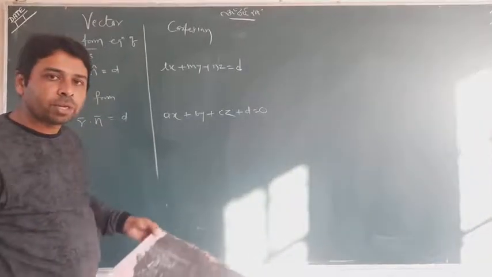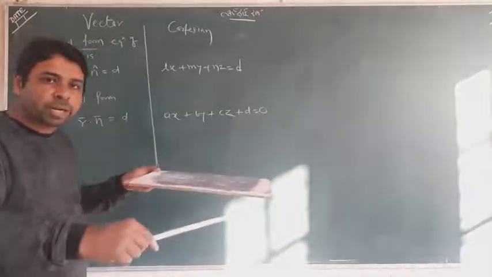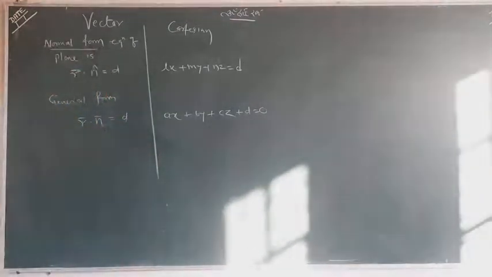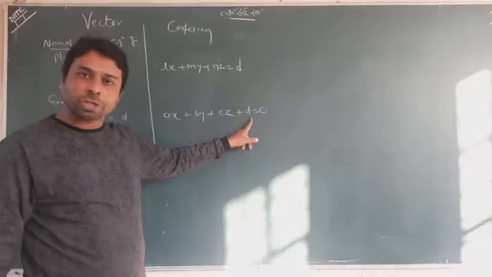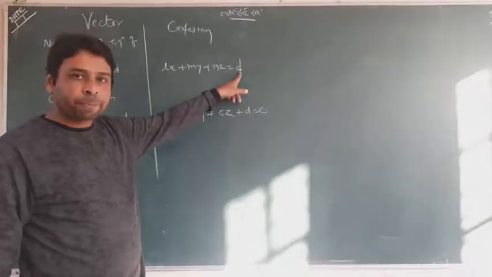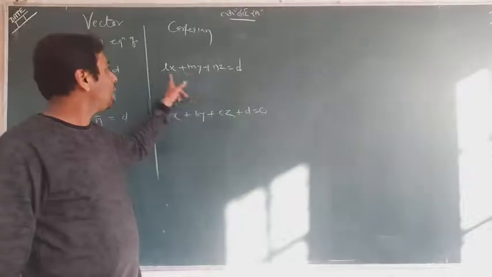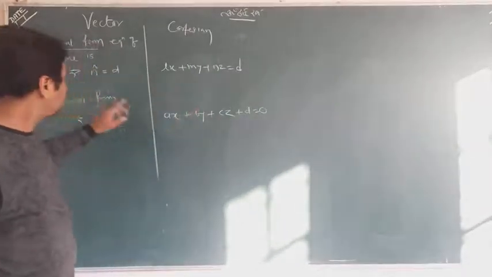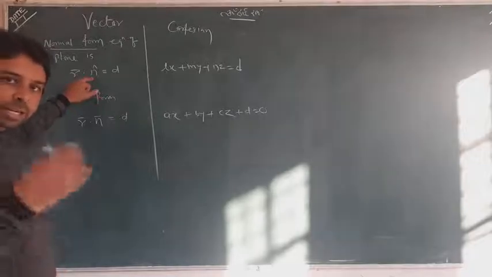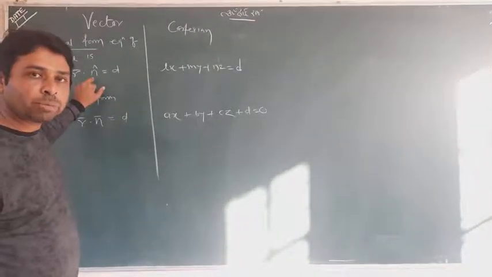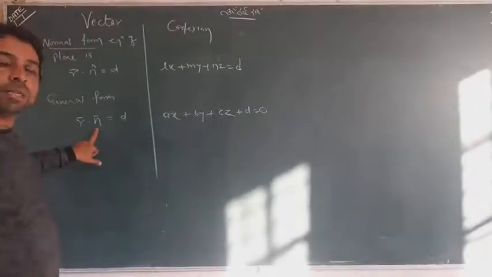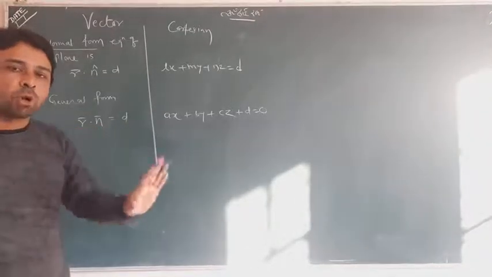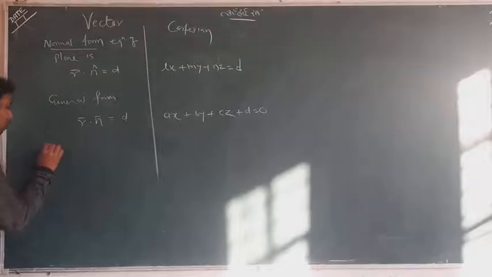In this case, d is a constant value. It doesn't mean anything on any plane that I can't tell you where d is. d is only a constant value, and the same as here, this d is a constant value. This d is specific, this d is a constant. l, m, n are the cosines, a, b, c are the ratio of the normal. Same as here, n cap contains the cosines, which means li plus mj plus nk, and n contains the ratio, which means ai plus bj plus ck. So this is all about